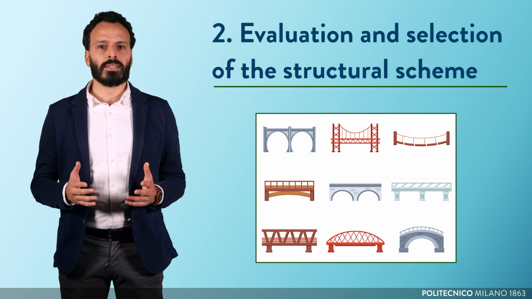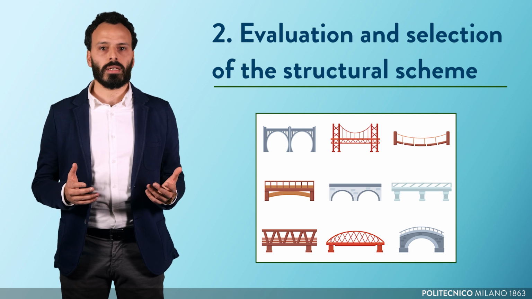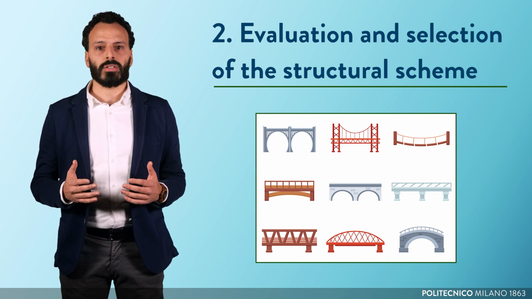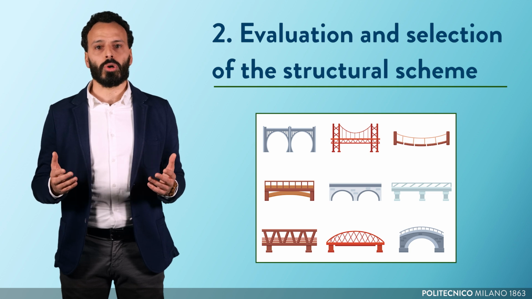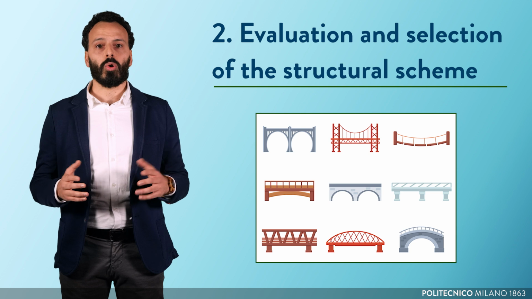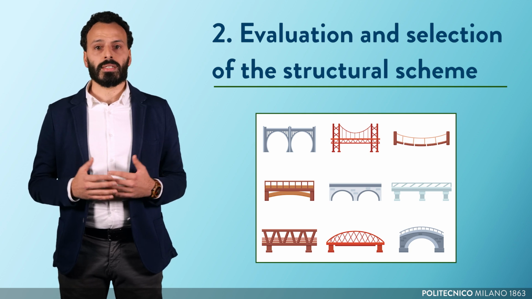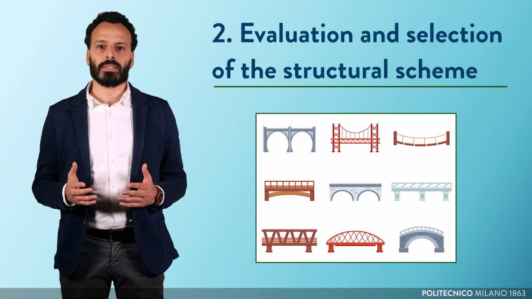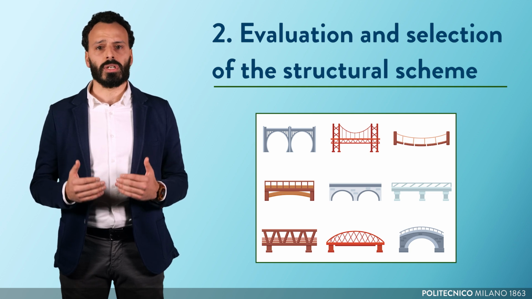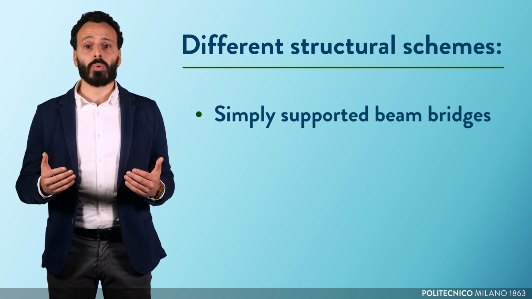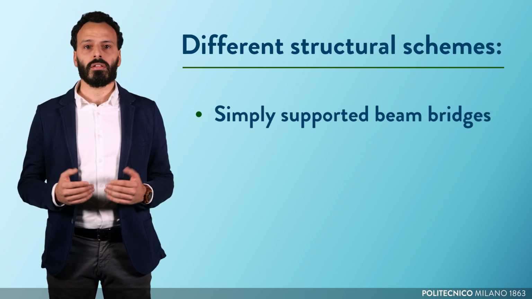The choice depends on factors like span length, expected loads, and construction feasibility. In the case of rural contexts, the most common options might include simply supported beams, integral bridges, or arch structures. Designs with central piers are typically avoided due to the short spans to be overpassed and to the previously discussed environmental risks. The main advantage of simply supported beam bridges is the straightforward construction, making them ideal for remote areas.